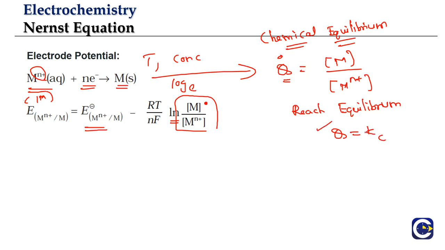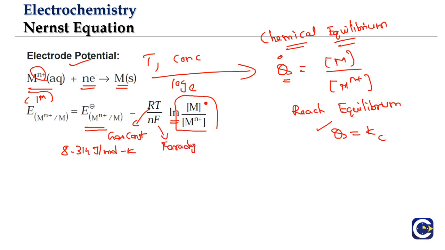Since we are talking in terms of the concentrations here, in this particular Nernst equation for the electrode potential, the value of R is the gas constant. The SI unit value is 8.314 joule per mole per Kelvin. T is the temperature, it must be on the Kelvin scale, N is the number of electrons exchanged, and F is